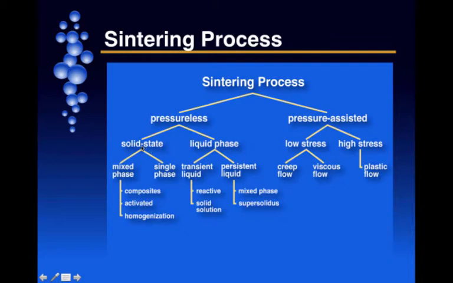Right, in the solid state, again, you could also have a mixed phase material, or you could have single phase materials. So just gold wires like we saw earlier, or a mixture of iron and carbon, for instance. And in this manner, you can have activated sintering, you could have homogenization of the components, or you could have composites. When you have liquid phase, what happens is atomic diffusion through the liquid phase is a lot stronger, and